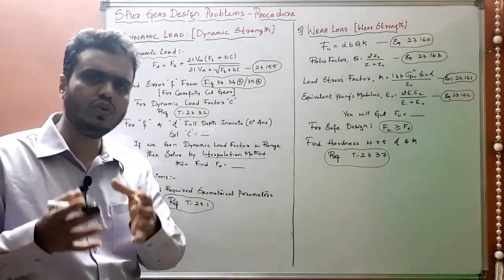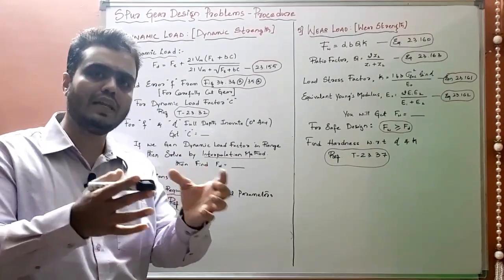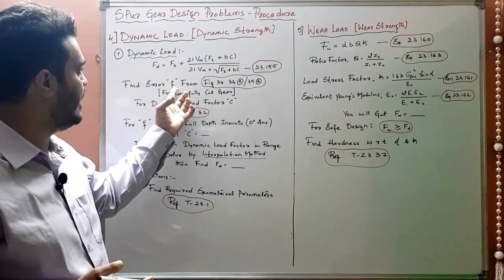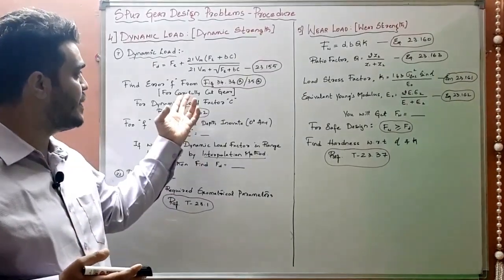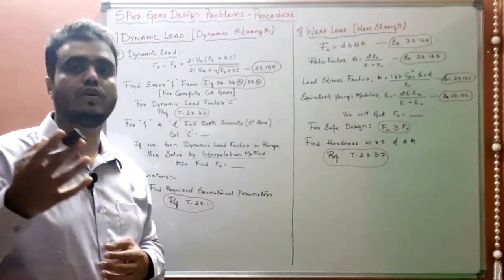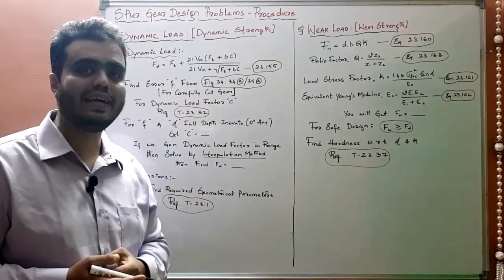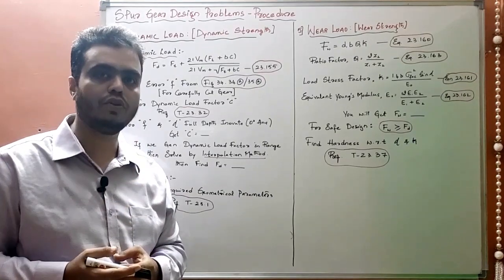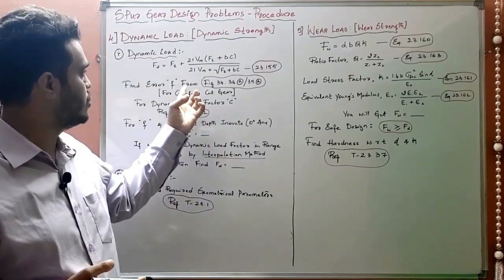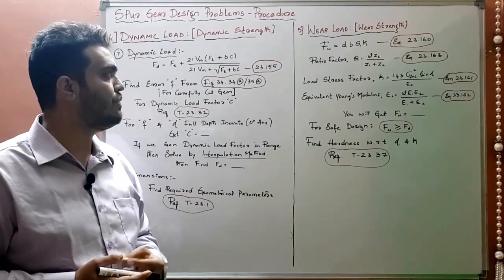Before finding out the dynamic load factor, you need to find out the error. In every system, while designing anything, you will get some errors, right. The same thing in gears: while designing a gear you will get an error, based on the manufacturing of the component. In the question itself he has given carefully cut gear or other parameters, which I will explain while solving the problems, okay? For carefully cut gear, you need to refer to figure 34.34a or 34.35a, okay?